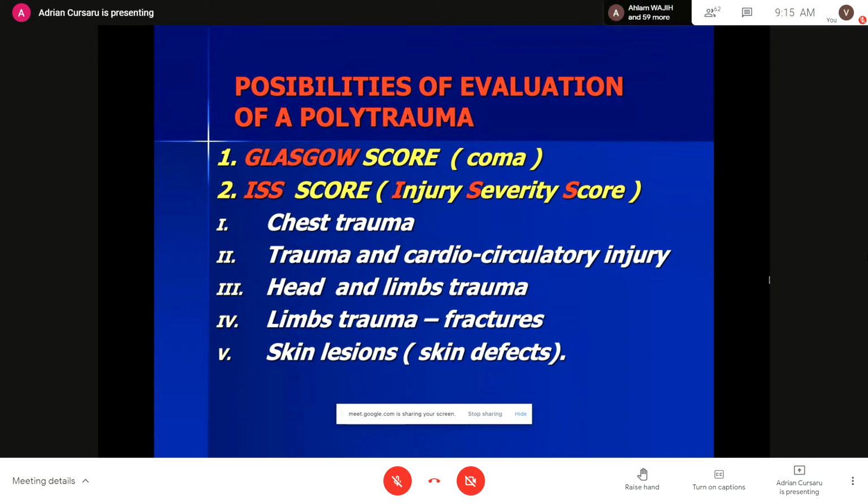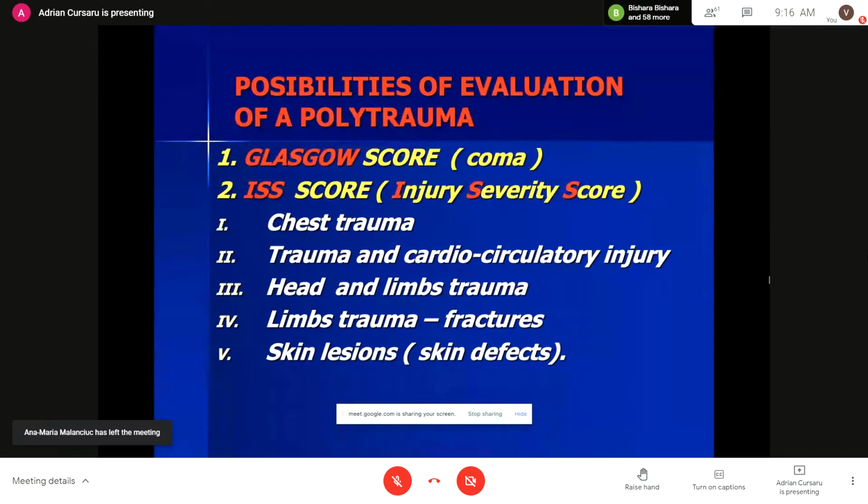It is very important. You may have a trauma on the chest or on the head, but it is very important to put the diagnosis for the limb injury, the skin lesion, the soft tissue, the muscle lesions, because as you can see, it is a very important component of hemorrhage, of blood loss, in that kind of lesions. And we are using that ISS, injury severity score, to make a correct and complete diagnosis in those